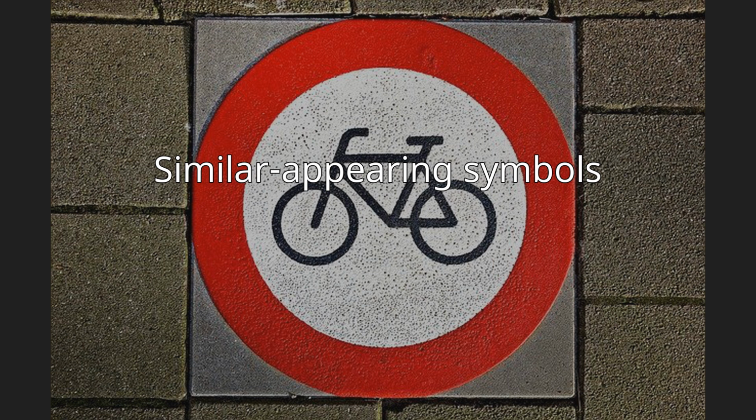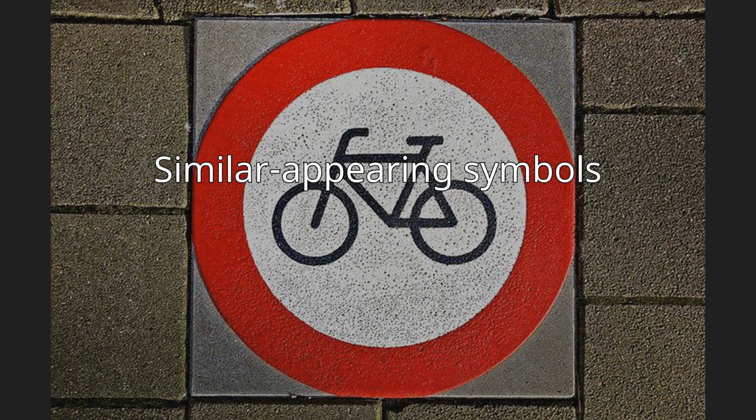Similar appearing symbols. Many fonts provide glyphs that look very similar to the prohibited symbol. The math symbol U+29B8 circled reverse solidus in particular is difficult to distinguish from the prohibited symbol. U+29B0 reversed empty set is another, though both of these have limited font support. There is much greater font support for the following similar-looking math symbols and glyphs: